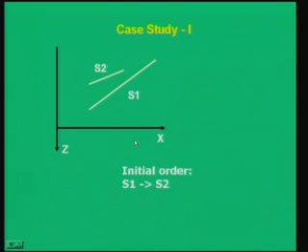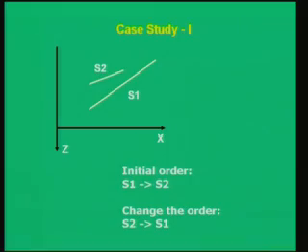So, that also fails, and the polygons also overlap. So, what you have to do is reorder and change the order to S2 S1, because all the tests fail in this case. That was the simplest example which we took in the last class, and I hope you have understood carefully why all the tests fail in this particular case.